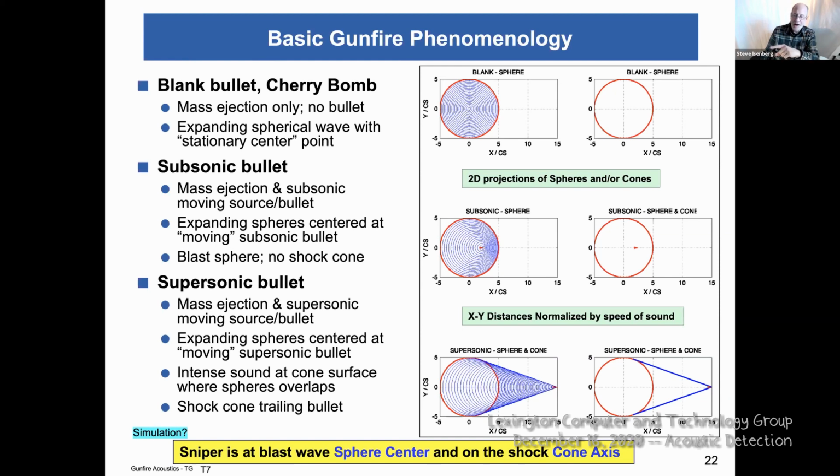And then at a time after that, you would hear the crack from the firing of the gun. Yes. And we'll see some of those features in the last simulation that I have, which is a couple of slides later,